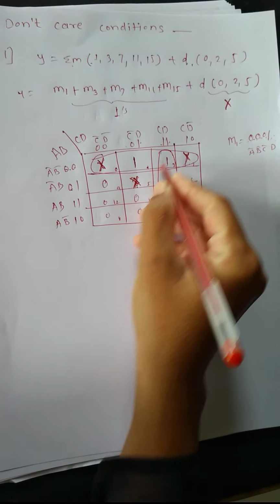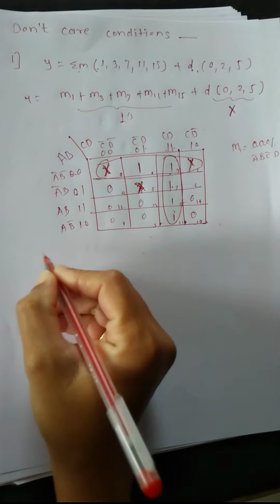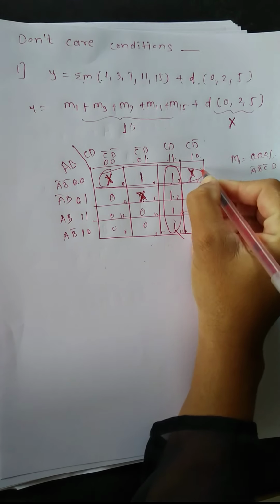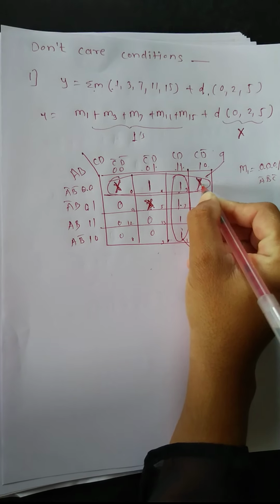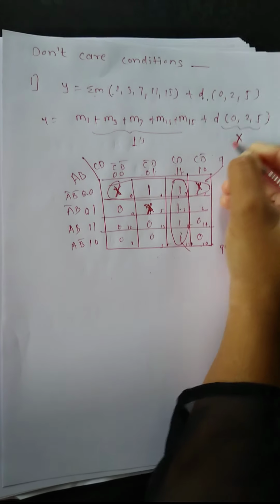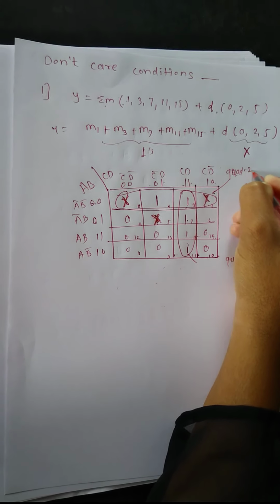As per need of simplification you have to consider a logic for don't care. So first this is the one group and this one group. You have to solve that group. This is quad 1. This is a group 1 or quad 1, and in this grouping the number of ones is 4. For this don't care we consider logic 1, and for this a 0. So this is quad 1 or quad 2.